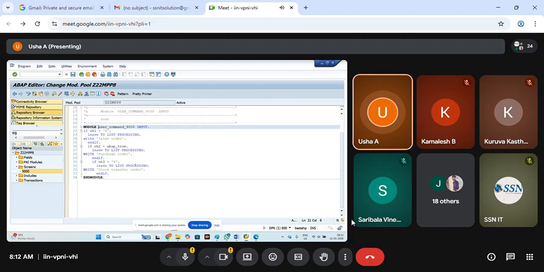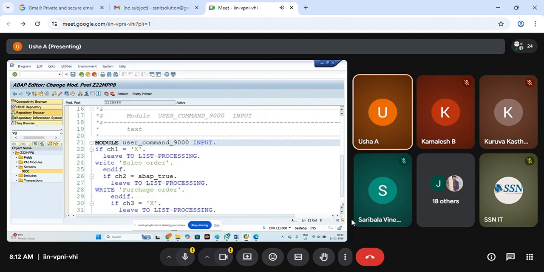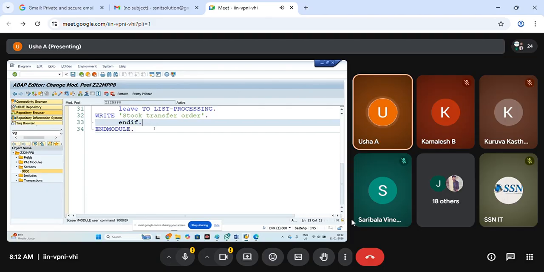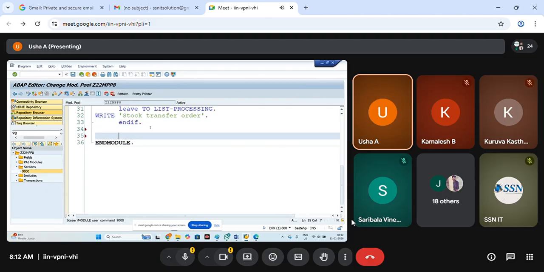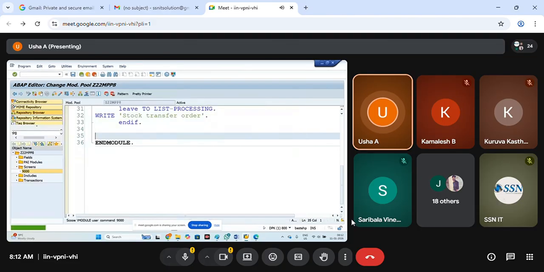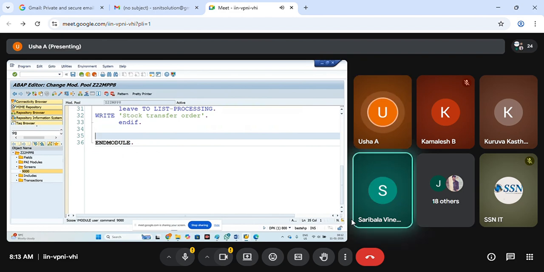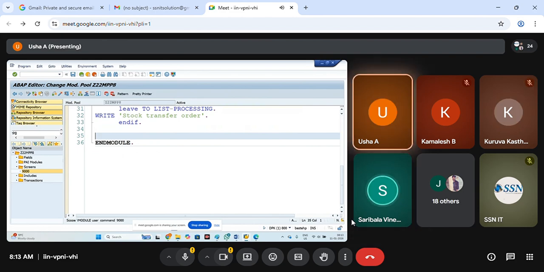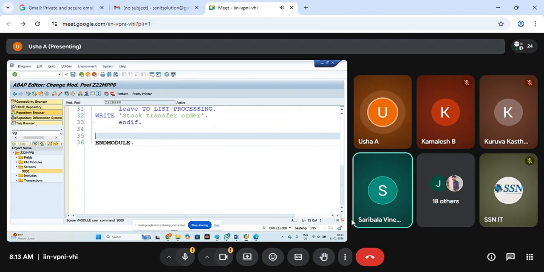So now how to write the code? Same as in the module, after the action module we are going to write. Now how to check the condition? Same as the if condition, but for radio buttons. Which if condition do we need to use? Tell me. Can I write an individual if for radio buttons also? No, ma'am. Then what do we need to use? If else if. Very good.